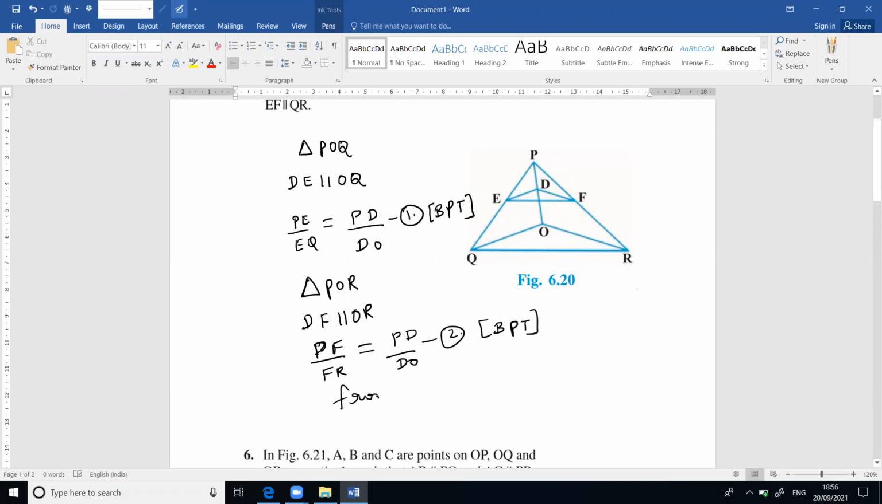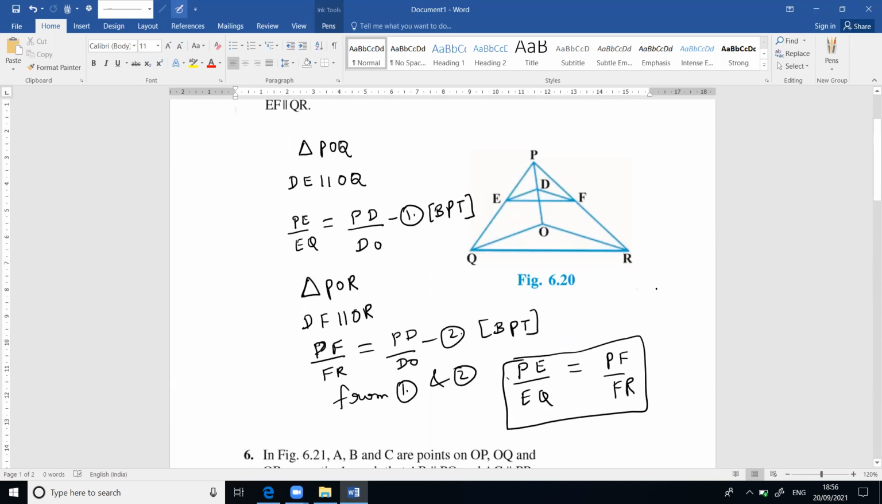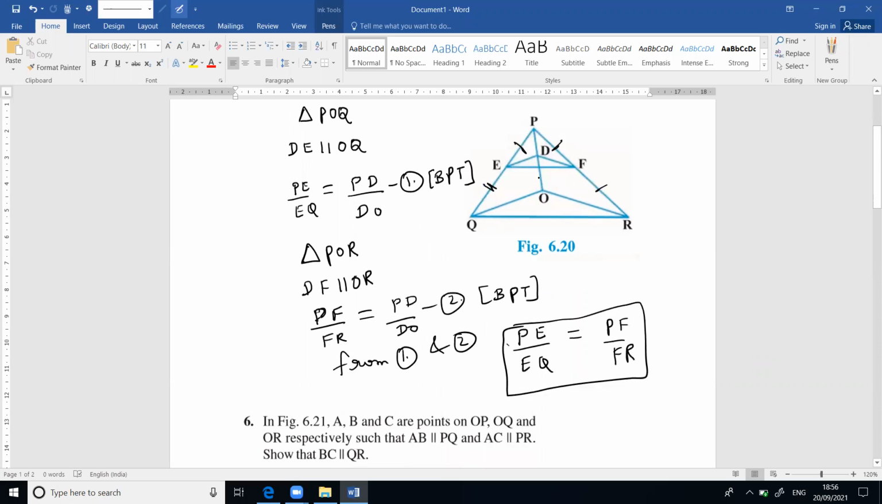Now from first and second, you know that the right hand sides of the first and second equations are equal. That means the left hand sides also have to be equal. So PE upon EQ will be equal to PF upon FR. That means by converse of basic proportionality theorem, since PE and EQ, PF and FR are the sides of triangle PQR,